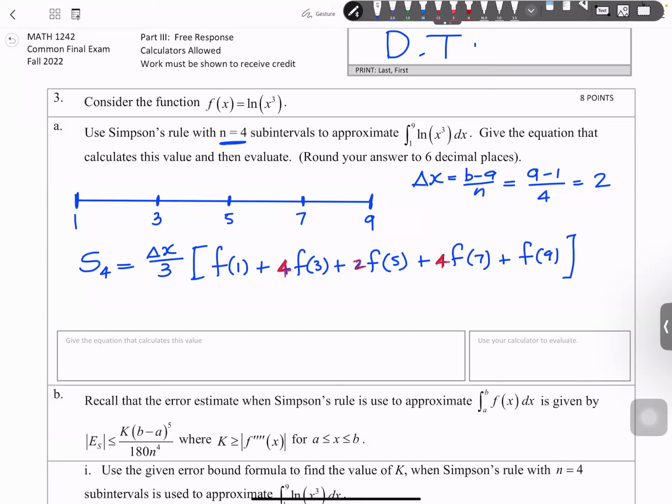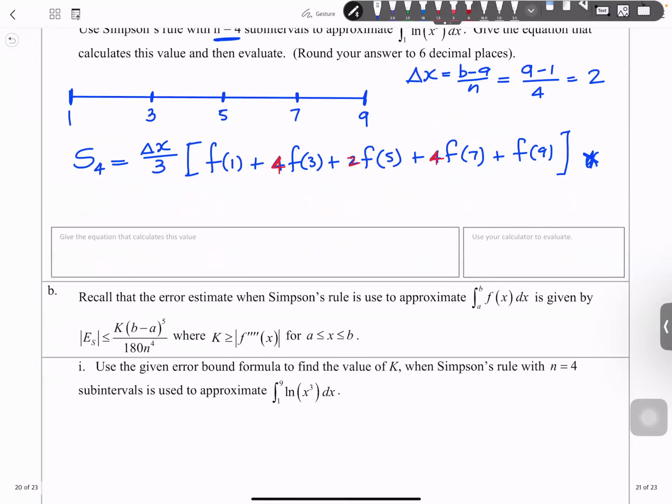So remember that formula. When we are asking you on an exam, though, to give the equation, this is a generic equation, right? I can't plug this in my calculator. I don't know what it is. You have to give the specific equation. So we want to actually see what the function is and what is being plugged in there. So you're going to give the following. Delta x we know is equal to 2. So this is going to be 2 over 3 times